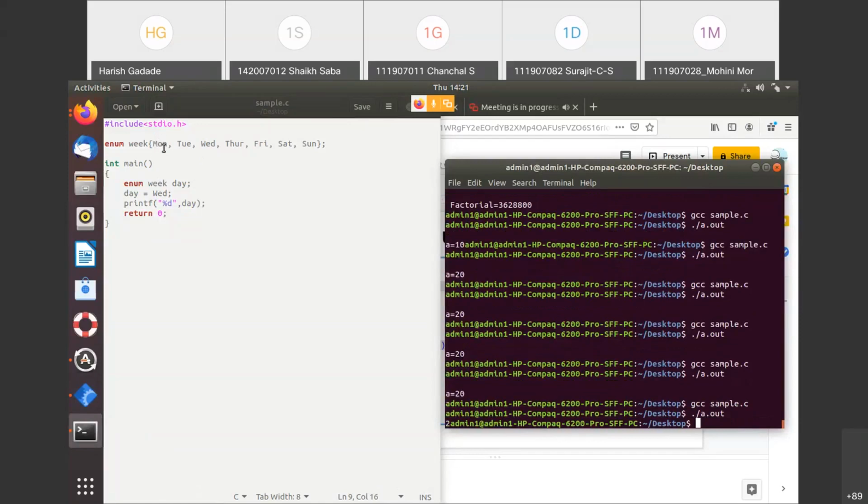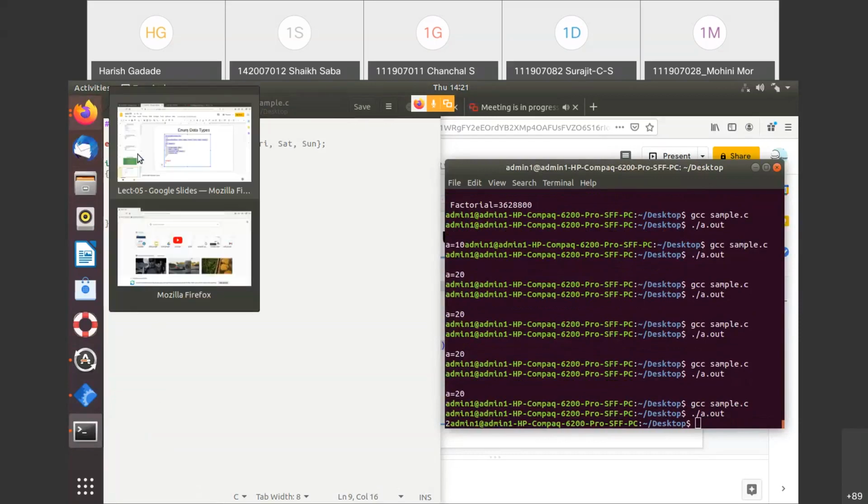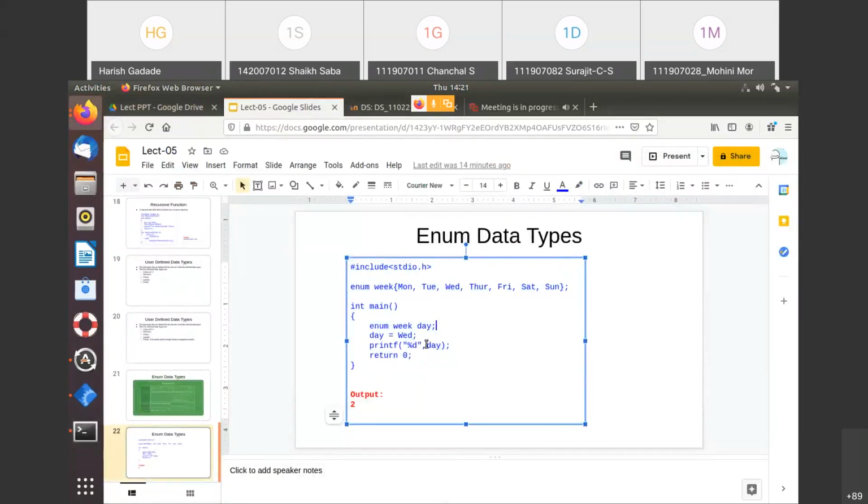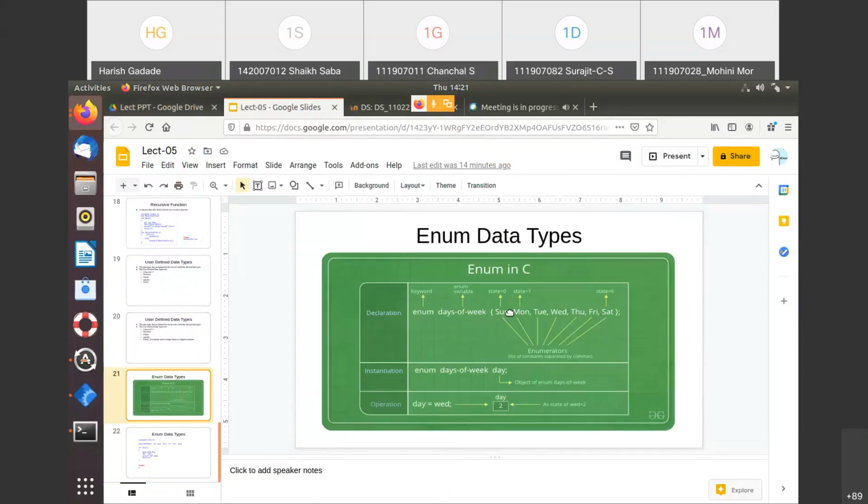So it started from Monday, and in this diagram it started from Sunday. If you start from Monday, the output would be 2. If you start from Sunday, the output would be 3.